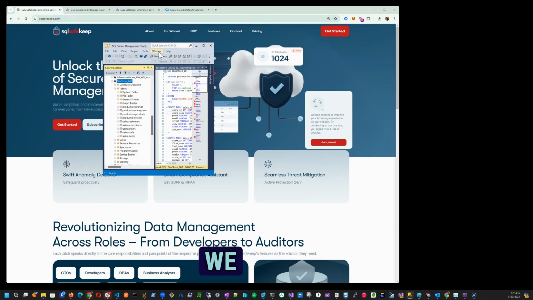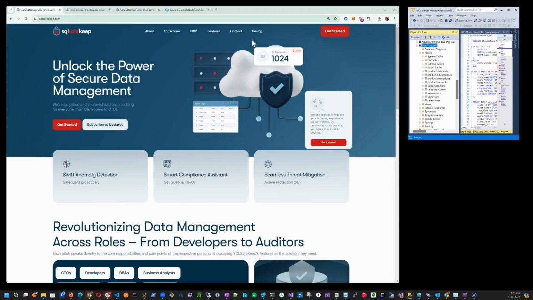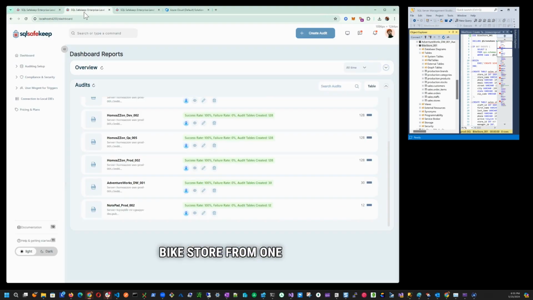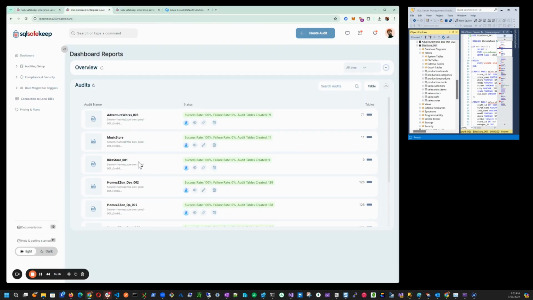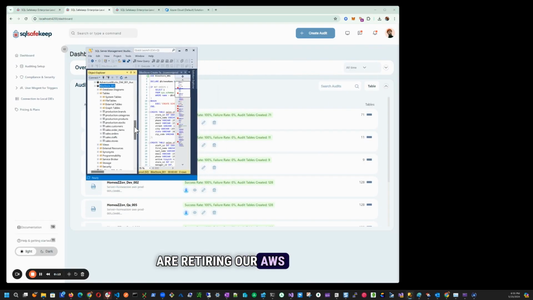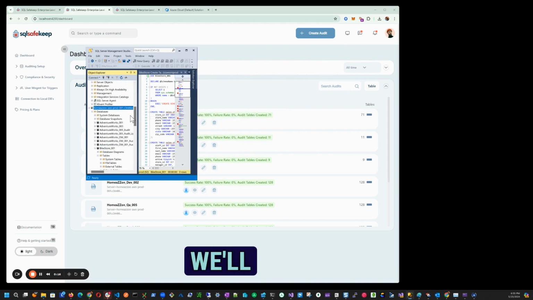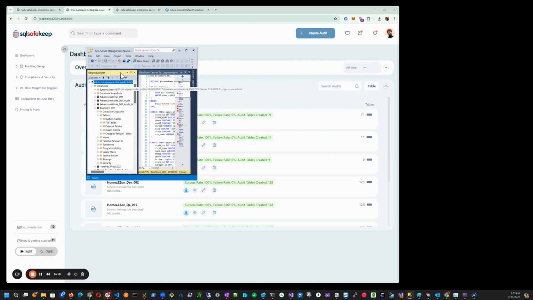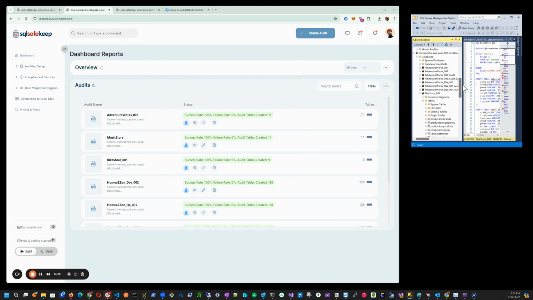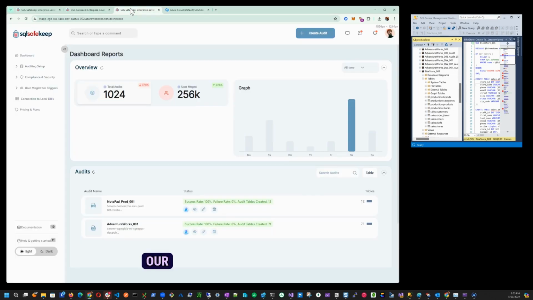All right, cool. So what we are going to do is we are going to be moving the bike store from one subscription to another. So we are retiring our AWS server, and we'll be moving and migrating over to Azure Managed Instance. So as we see, we have our bike store database here, and in our other subscription, we don't have a